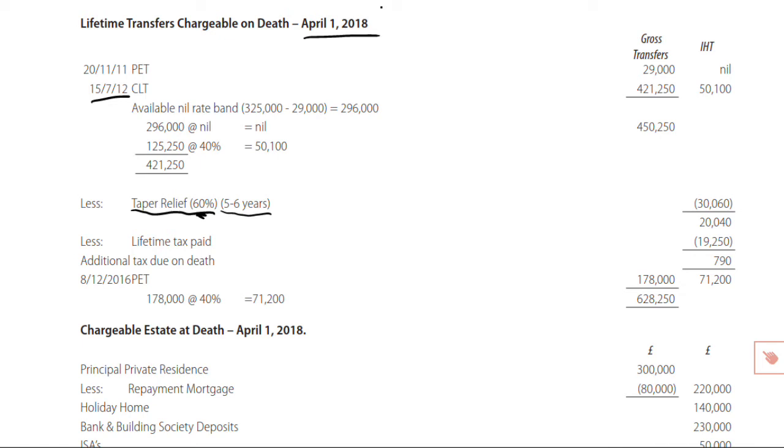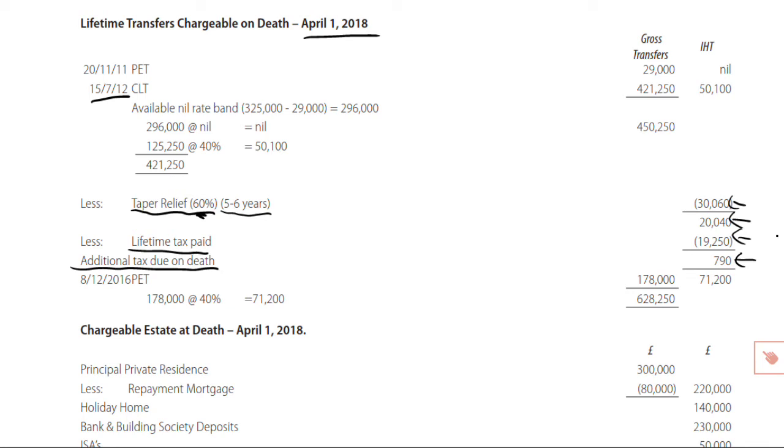That, again, you can look it up on the table provided to you, but I would imagine that by the time you walk into the exam room, you probably know these figures anyway, as they move in simple 20 percentage points. So 60% reduction, apply that, all being well, if the calculation is correct, that leaves us with £20,040 to pay. But we don't pay that because we've made lifetime tax payment of £19,250. So it's not too bad, is it, that the amount of additional tax due on death is a mere